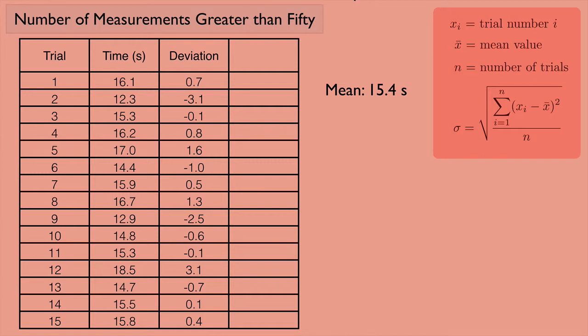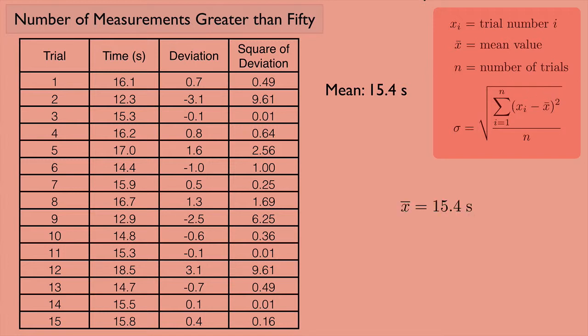And that's okay because we're going to square the deviations. So you just take each of these numbers that we have for the deviation and you square it. Then we're going to add up the squares of the deviations. So if you're looking at this formula here, this is the deviation squared. This sigma here means add them all up and then divide by the total number of trials, in this case 15, and finally take the square root of the whole thing. And if you do this, we can say here's our mean again, x bar, and for sigma you would get